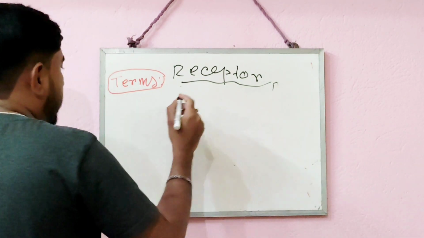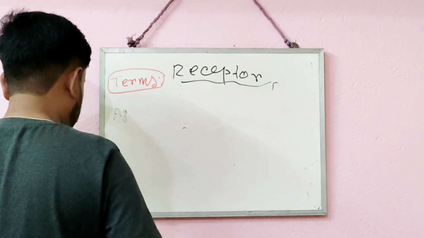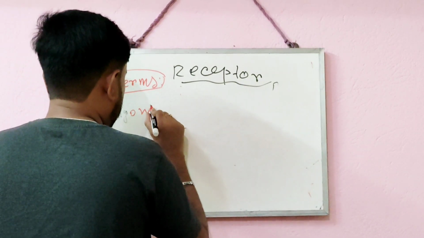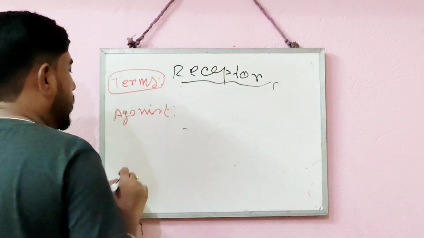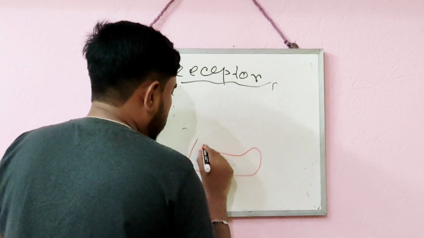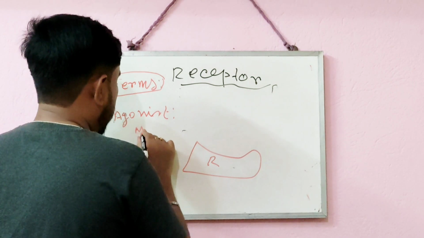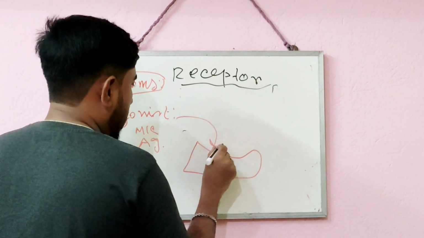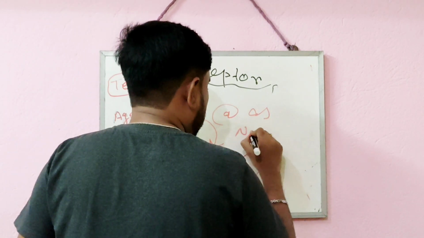So the first term is agonist. So what are agonists? Agonists are agents, specific molecules, which bind with the receptor and show their action like the natural